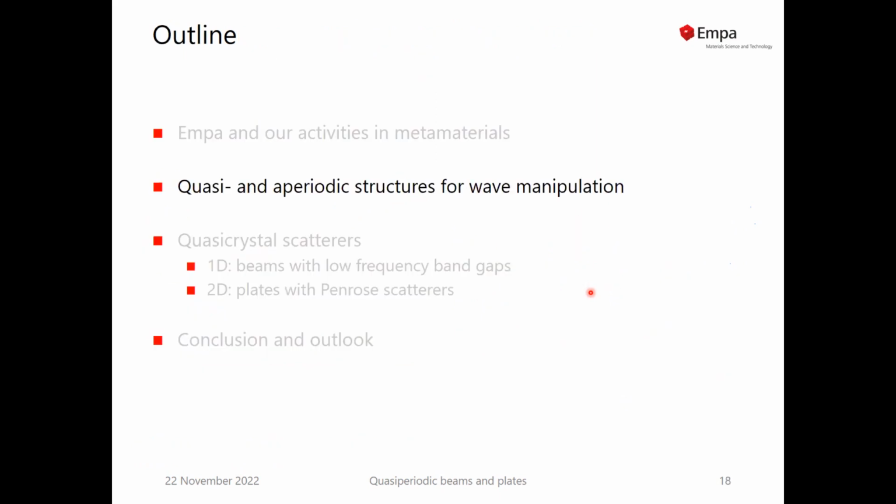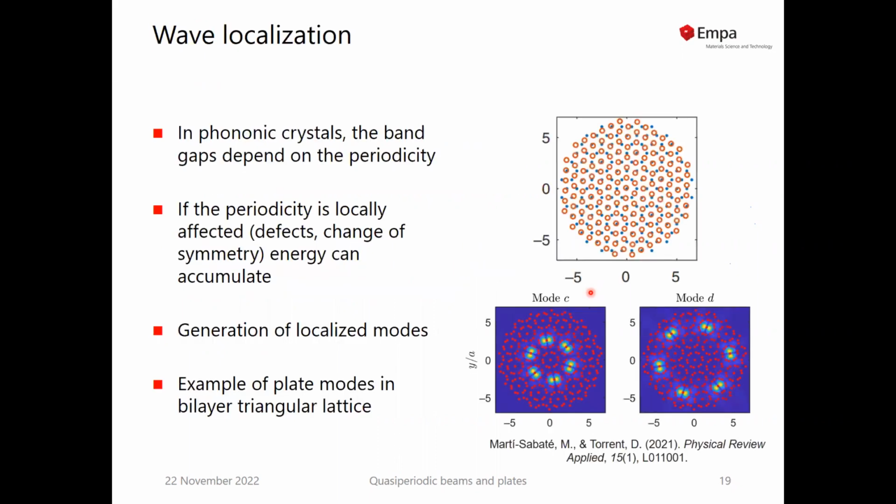So before going to our own work, I want to give a short introduction to what not only us, but other groups have been doing in the field of non-periodic metamaterials. One of the applications of non-periodic structures is wave localization. So in phononic crystals, where the band gaps typically come from the periodicity of the structure, you can change this periodicity by adding a defect locally, or by, as I'm showing in this example here, a fairly recent example from Danny Torrent and